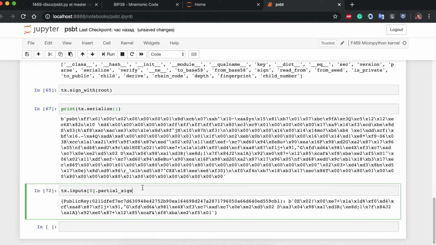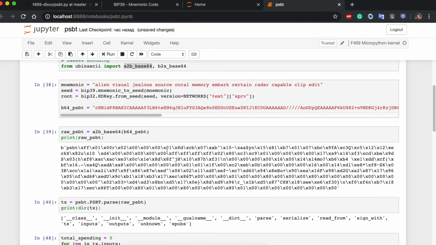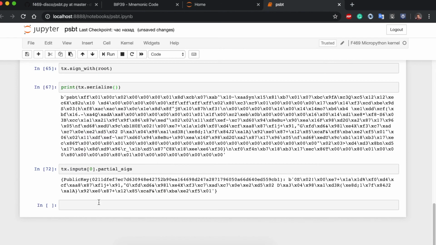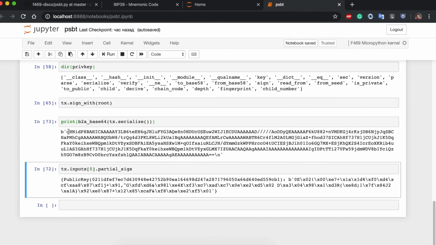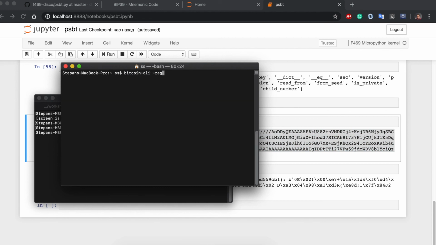And so then we can send this PSBT transaction back to Bitcoin Core, and Bitcoin Core can finalize it, combine it, and then broadcast it. Let's first serialize it not as raw bytes, but actually as a base64 string. So what we do, b2a of this. Okay, great. This is our transaction, and we can copy it, and we can inspect with bitcoin-cli regtest,